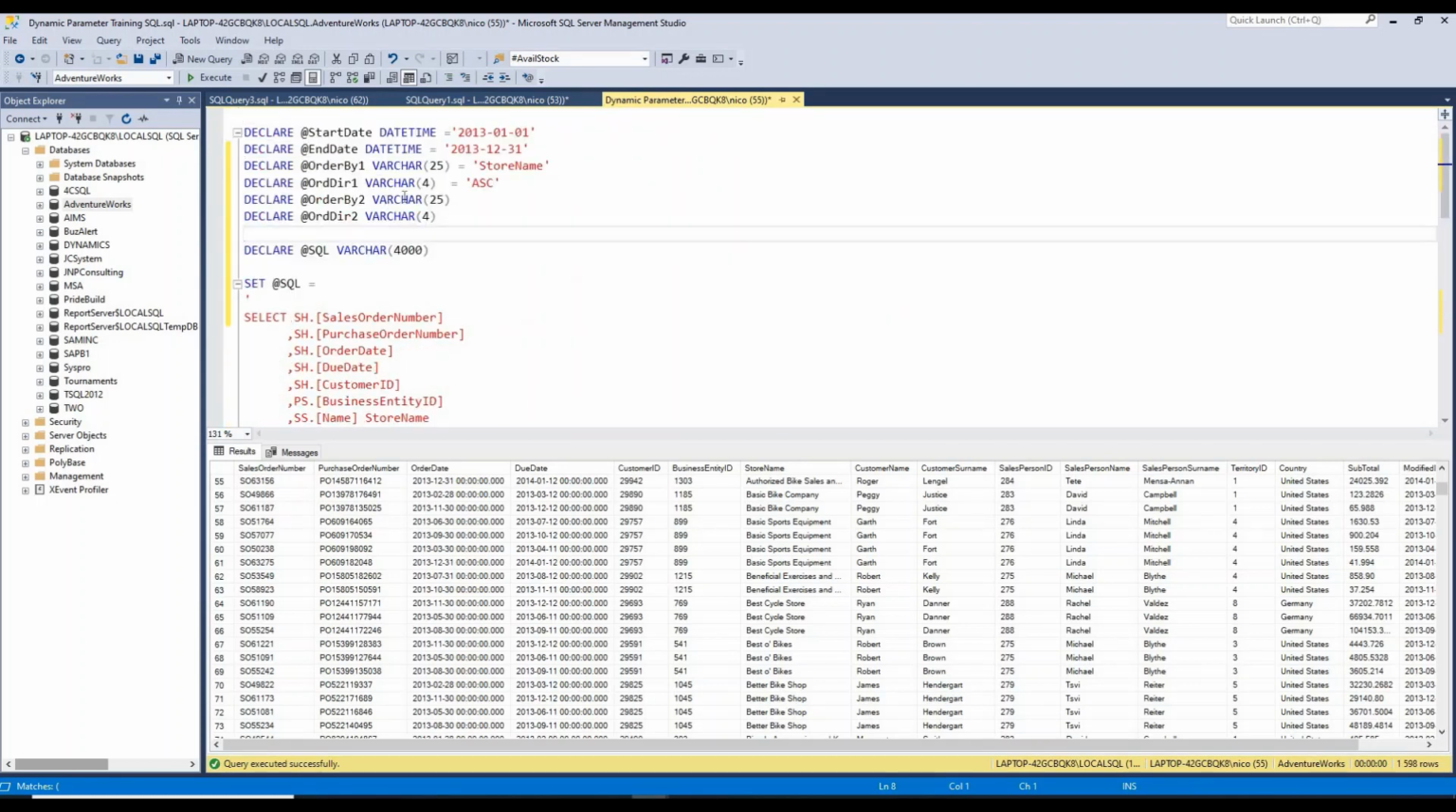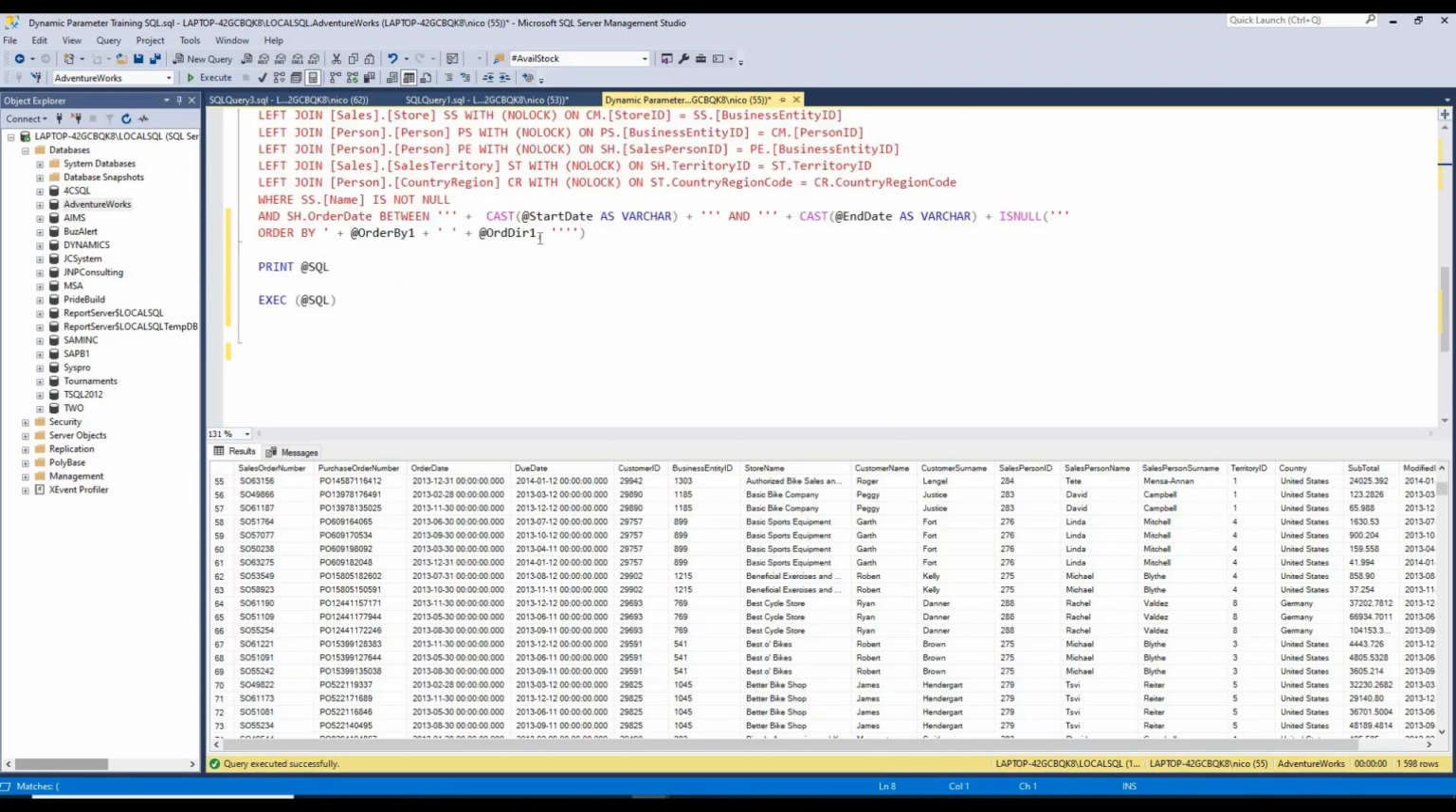So, order by 2, order by direction 2, right between the comma and the order by 1. I'm now adding another plus, and I'm adding a comma this time, because remember, you need a comma separator between your order bys. And I'm adding a blank space after the comma. I'm adding my second order by variable